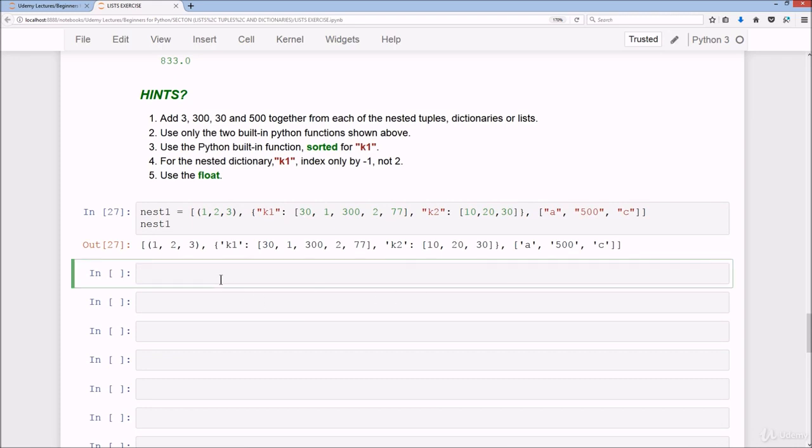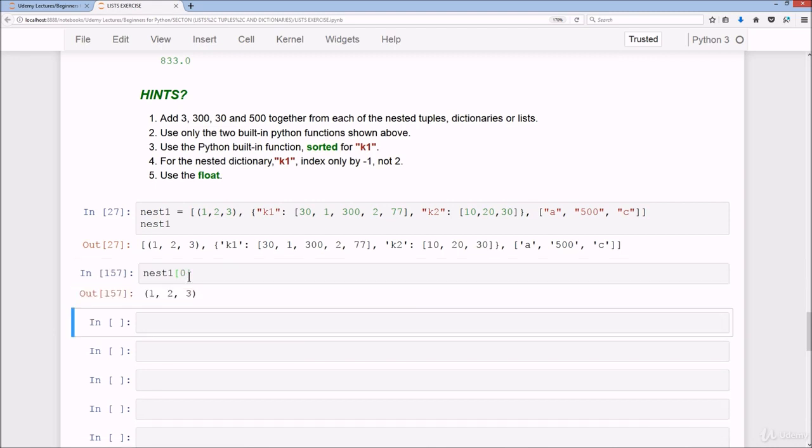Okay, so what we have to do here is nest1, and we're going to index this list by 0, and we grab the tuple, and then we want 3, because we're adding 3, 330, and 500 to get the float value of 833.0. So if I run this, we get 3, and then I'll just convert this into, let's say, K1, and then we'll do sorted